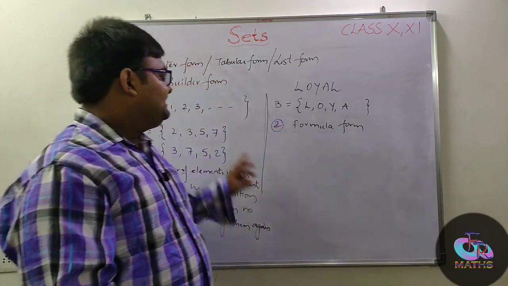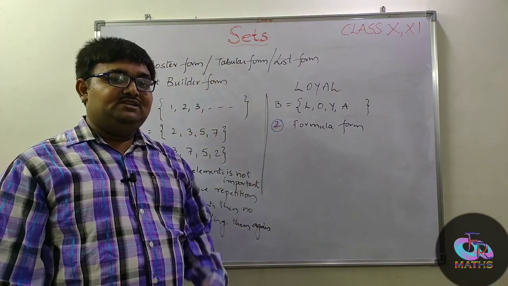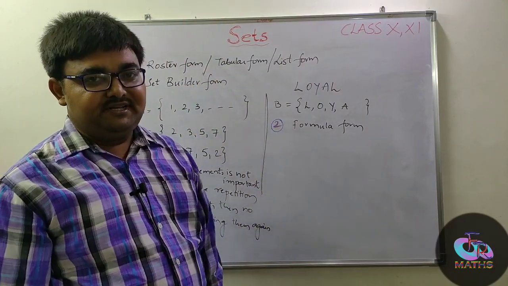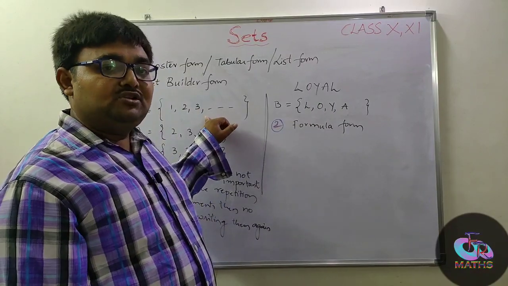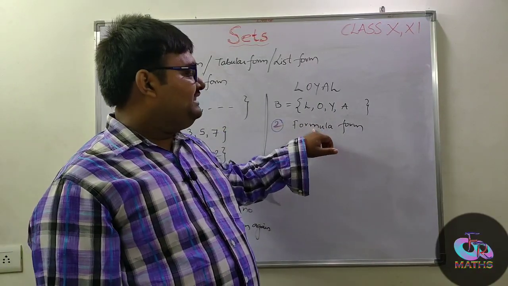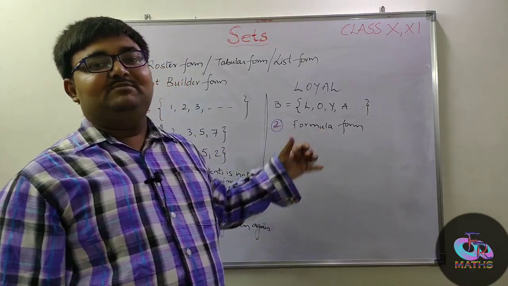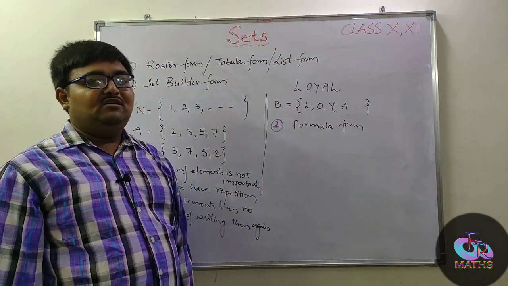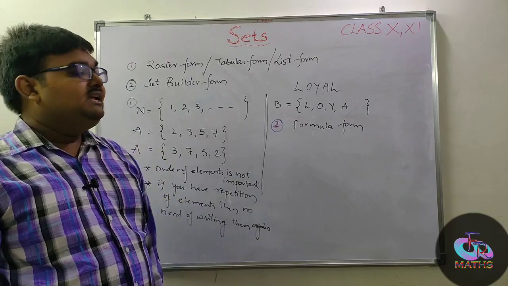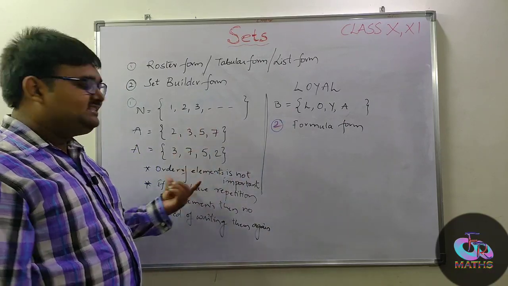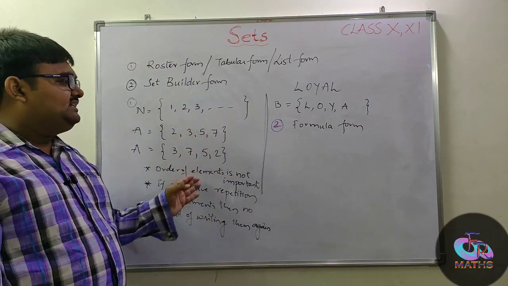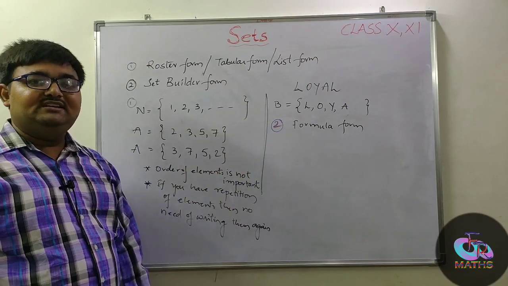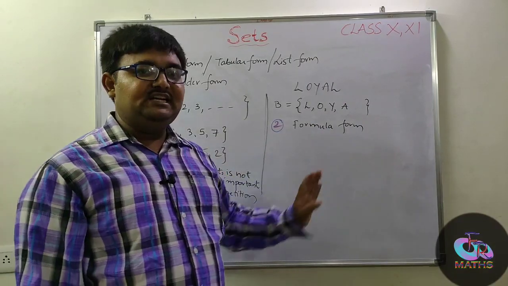Since we have sets whose elements have some common property, based on those common properties we are going to write them in the form of a formula. That particular form is called set builder form. Now already we have given some examples, right? So using these examples, we are going to convert these roster forms into set builder forms.